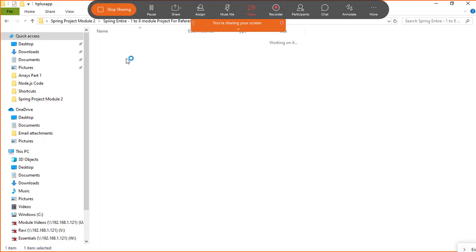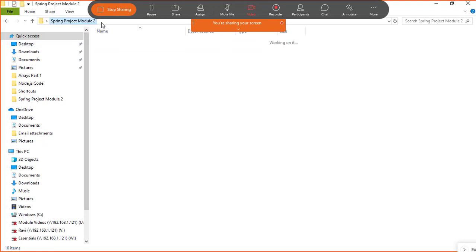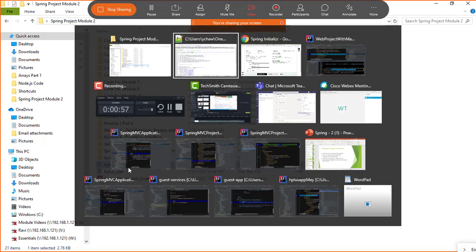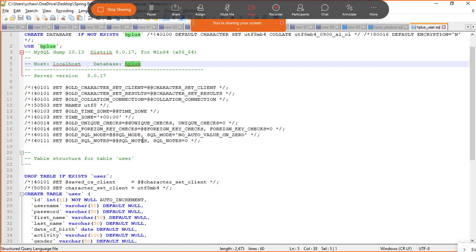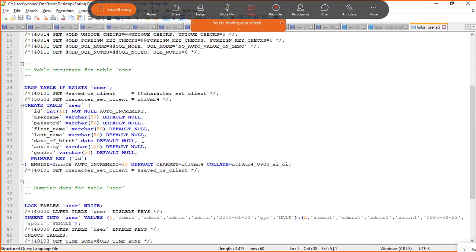The query to create the database, you will also get that via the download code folder. It's there, the query to create the database, and then we add tables into it.